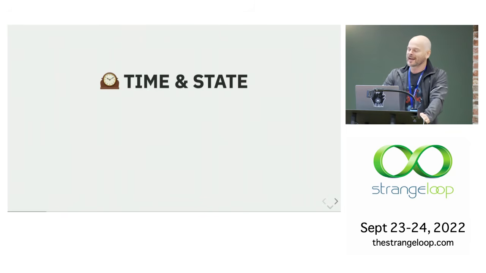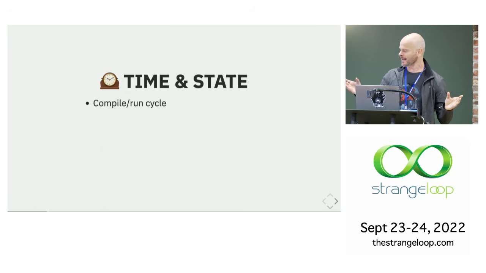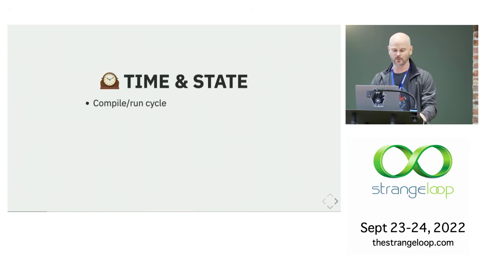So what kind of things do we inherit from this way of thinking about the world? We get funny ideas that are built into programming about time and state. Ideas like there should be a compile-run cycle. This is a terrible idea, but it's an ancient idea that you're going to compile the thing and you're going to get an artifact and you're going to run the artifact over there. And those two things are completely different phases of your process, right?